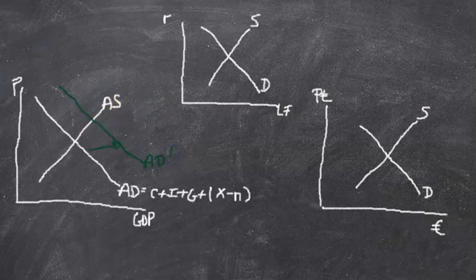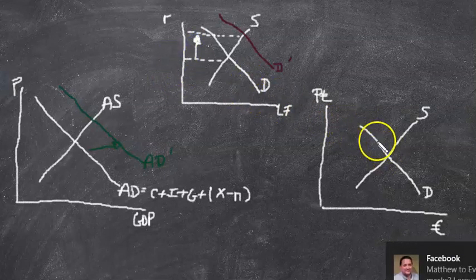The government has now borrowed money, and so the demand for money in banks goes up. Government wants to borrow more money, and as a result, interest rates, which were down here, now find their way up to a higher level. So interest rates rise. Up they go. As interest rates rise,